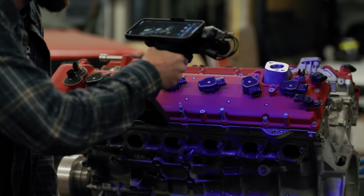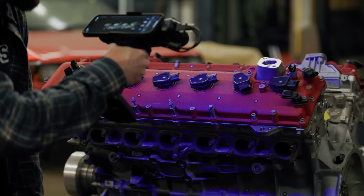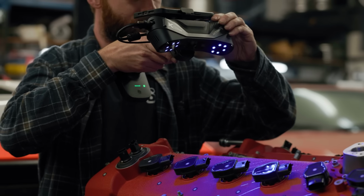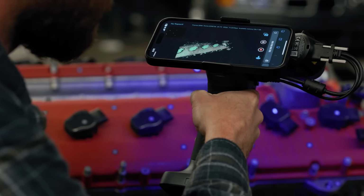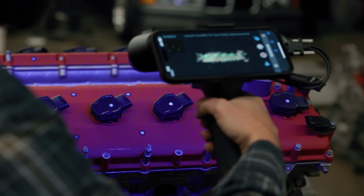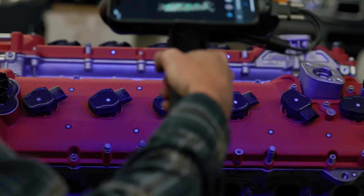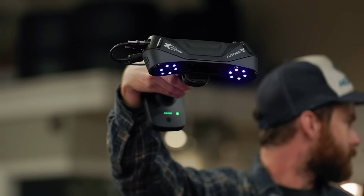Now let's talk a little bit more about why I want a 3D scan of this engine and how it's going to help us. I've mentioned that I want to design things like engine mounts, exhaust flanges, intake flanges, and other things, but there is more to it than just that. Having a CAD file of this engine is going to be a huge advantage as we get further into the project. I'm not designing the chassis itself in CAD, I'm going to build it by hand the old-fashioned way, but